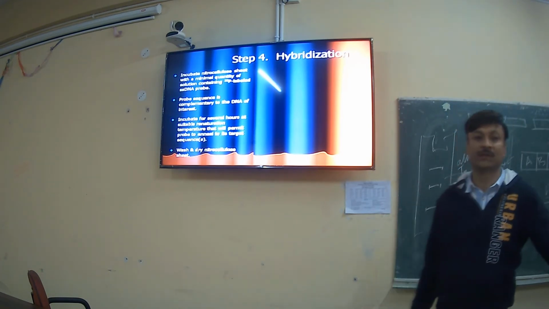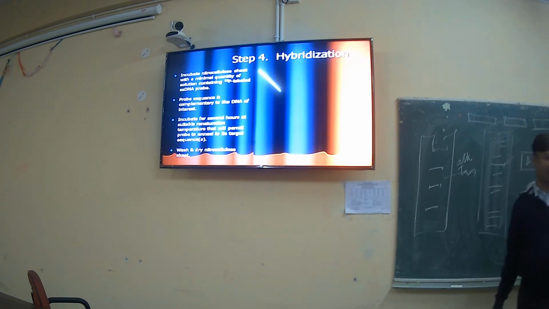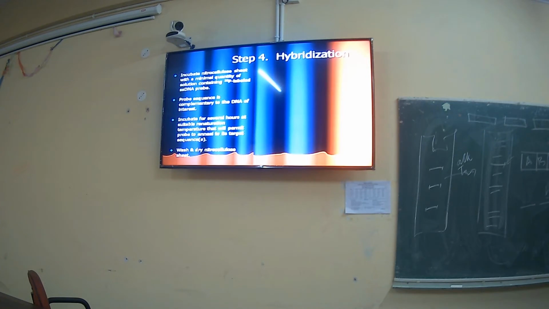a technique which is used for the isolation of a gene whose function is known but location is unknown. So in sequencing, you only sequence all the bases. You find out the bases. What is the constituent? What is the composition of that gene? A probe is used to hybridize your gene of interest, either it is unknown or it is known.